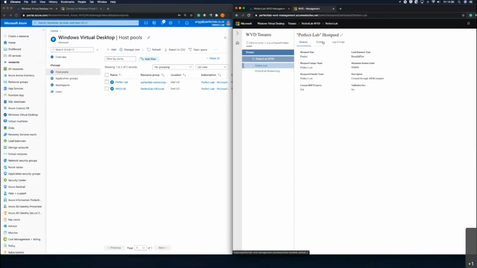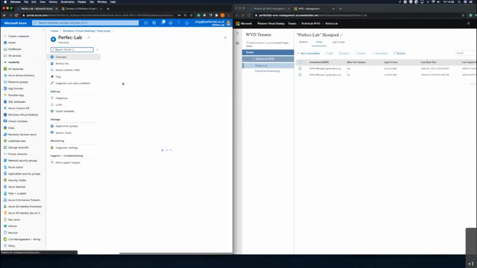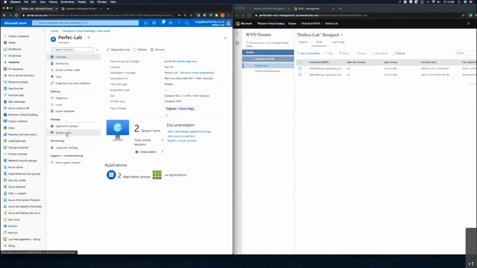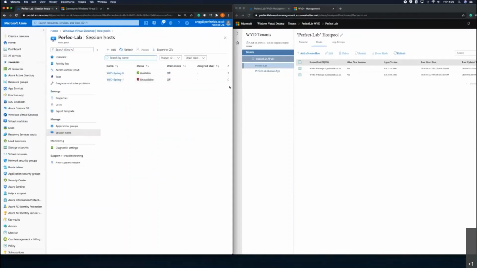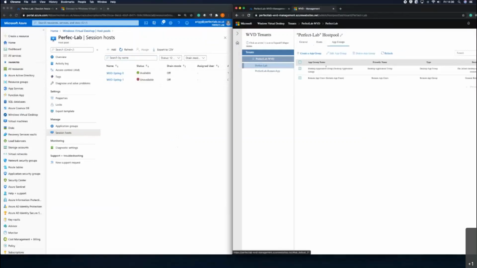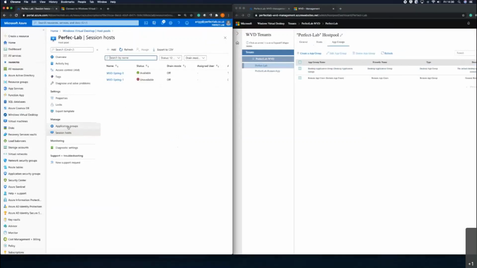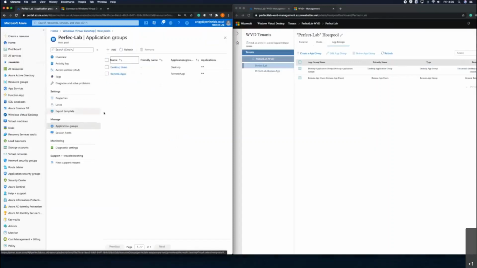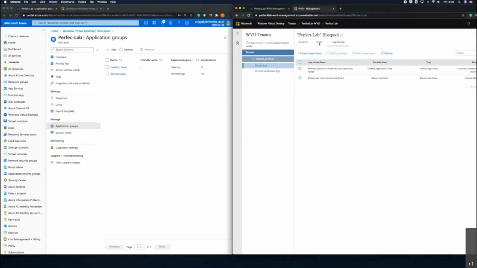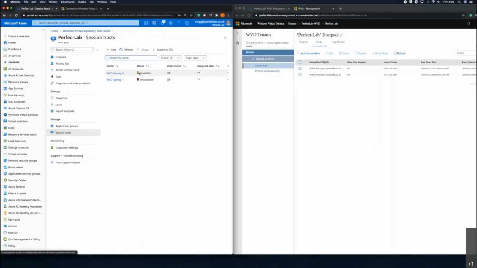We've got access to our host pools and to our session hosts. We do have a nicer look and feel, obviously, with the new release. App groups, and here are our application groups in the new ARM model too. And once we go to our hosts again,